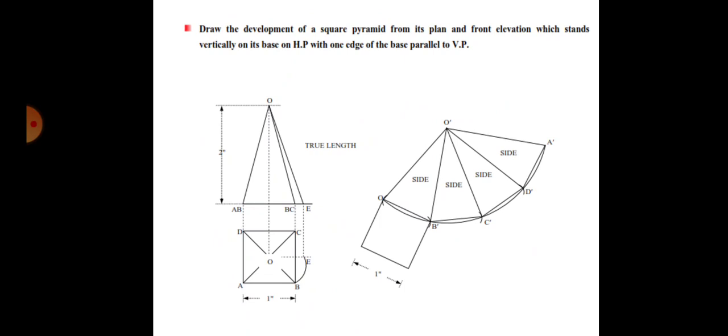We have already explained this problem earlier, but I had not told you about the edge condition. That is why I am telling it now. If the condition is given as edge, you will rotate it in the top view, make it parallel, and then get the true length, and using that true length as the radius you draw the arc. So this is nothing but OE, and you are drawing the arc. Then you join all the sides, and if there is any section plane cutting here, then you will not take these points; you will project to the true length from every point, and that length you will take and cut on this particular line. Okay, so this is how you have to draw.